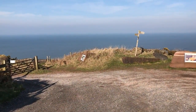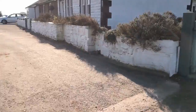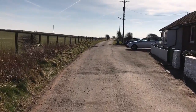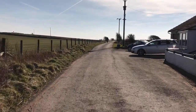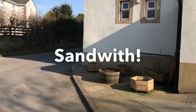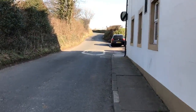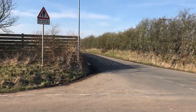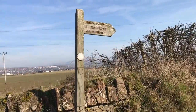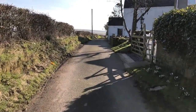Yep, so we're now leaving the coast and the sea, and we're heading east now towards the sun, and we're on this little road now for about three quarters of a mile, I think, into Sandwith. Just gone through Sandwith, go past the Dog and Partridge, and then we're just going to head up here and then take a right in a minute. Okay, so we just come down that road from the Dog and Partridge, and then we're following this path now, St. Bees Road,